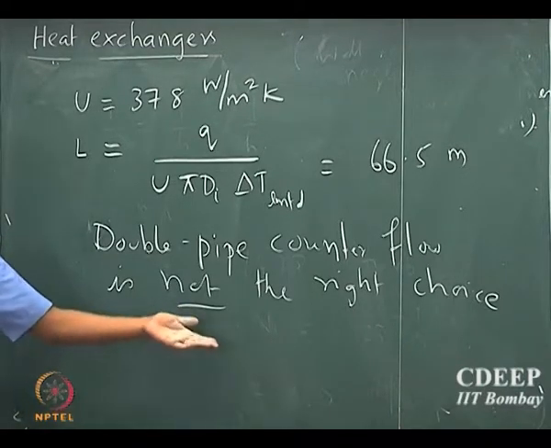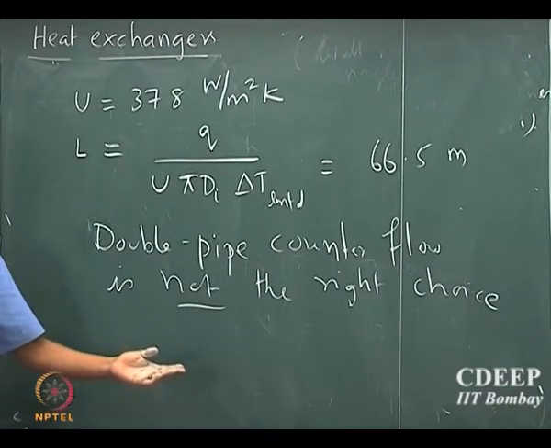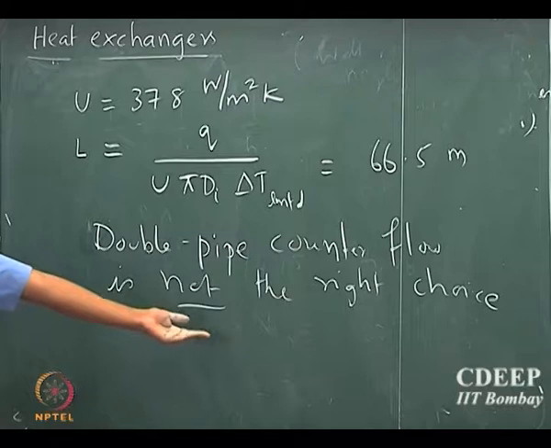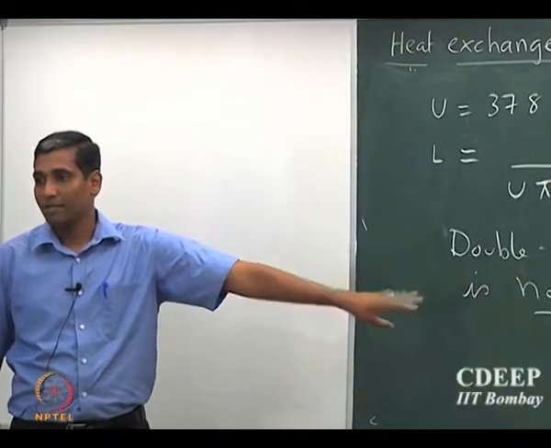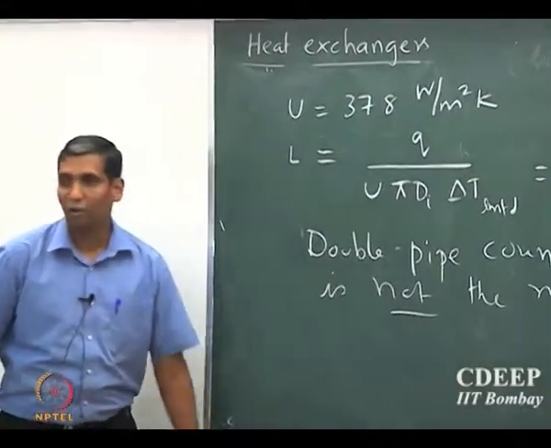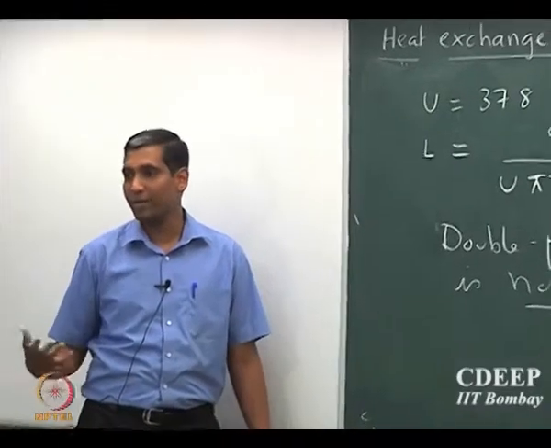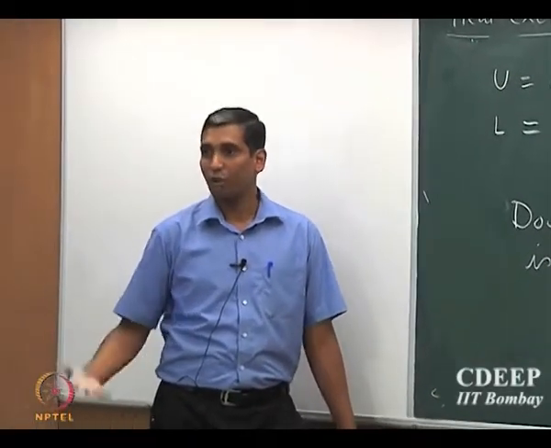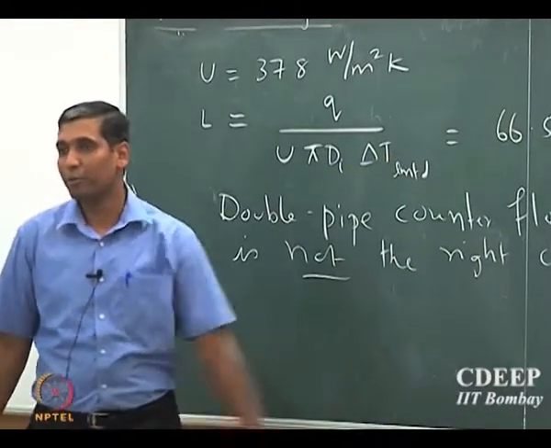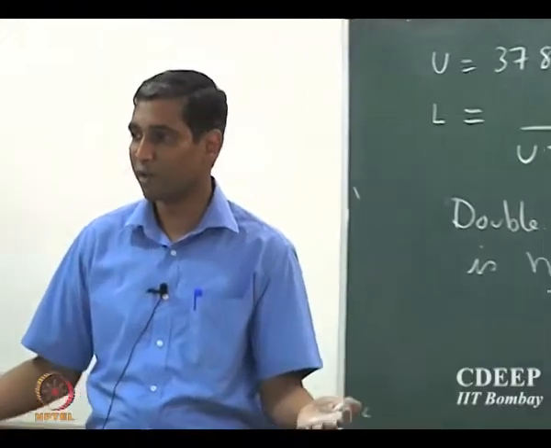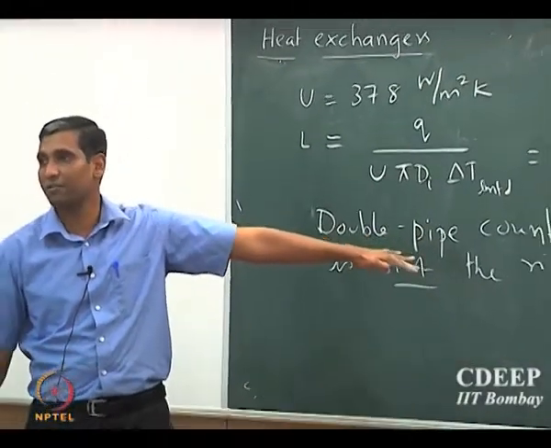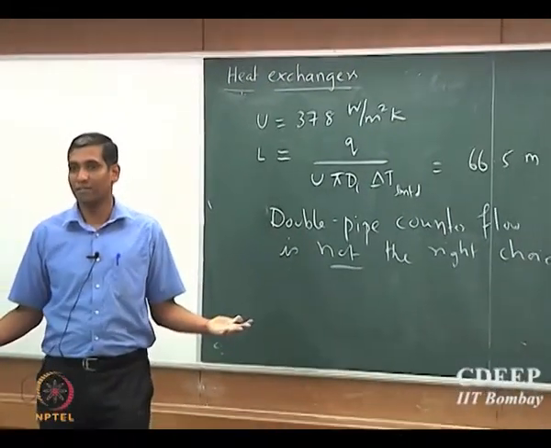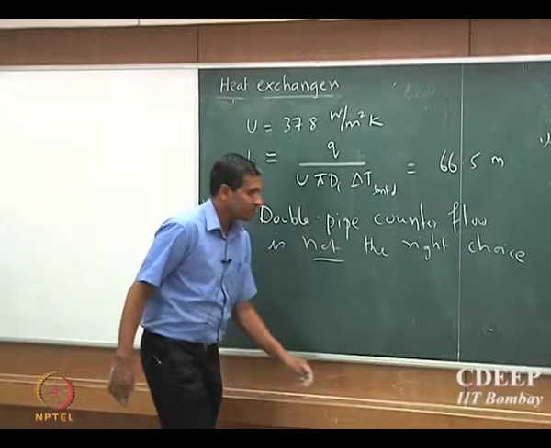If counterflow is worse, parallel flow is even worse. You never want to use any of these double pipe configurations for such a heat transport problem. This is where using these correlations and trying to estimate the design plays an important role. If you do not estimate the approximate length or dimensions of the heat exchanger, you will never be able to decide whether you are doing an efficient job. You will end up making a very expensive heat exchanger, but you are just not getting the best out of it. So that's an important point.